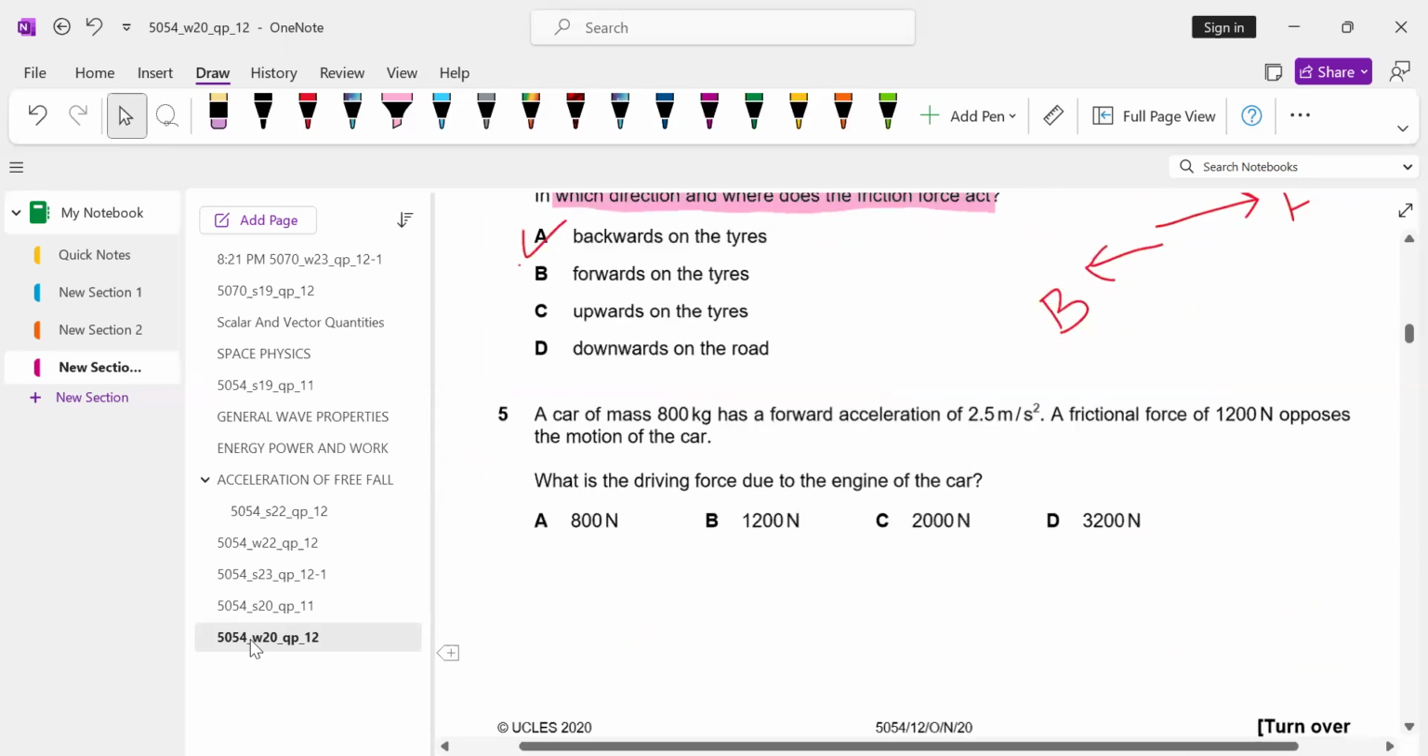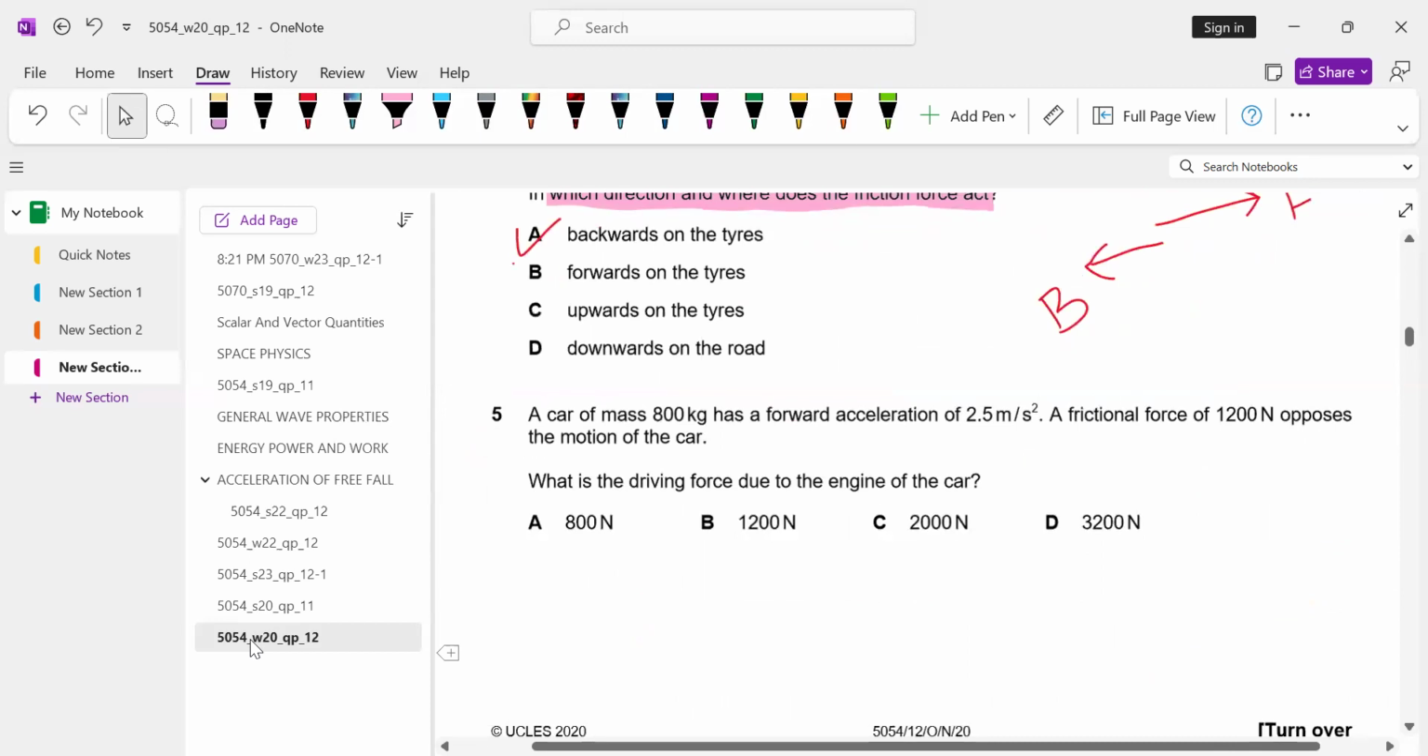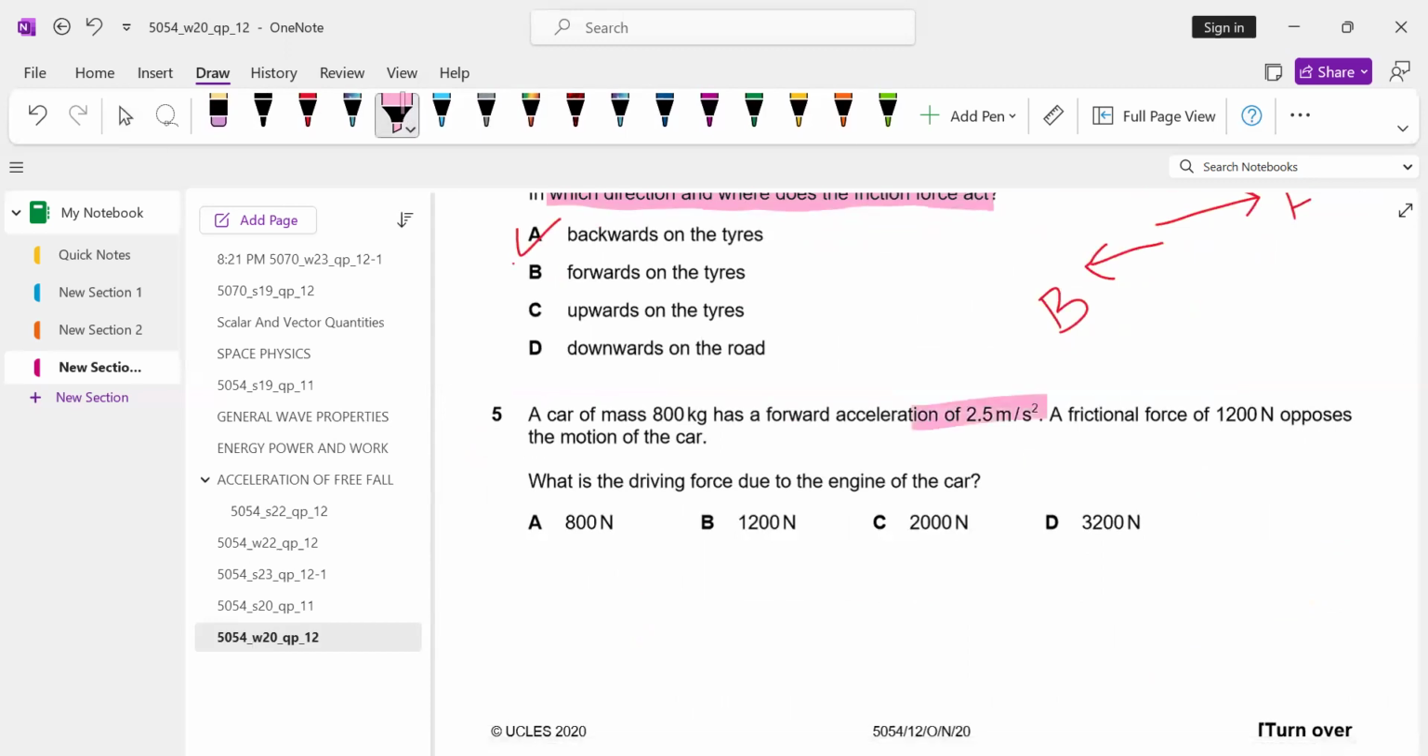Here it is. A car of mass 800 kg has a forward acceleration of 2.5 meters per second squared, and a frictional force of 1200 newtons opposes the motion of the car. What is the driving force due to the engine of the car? To find the force, the formula is F equals